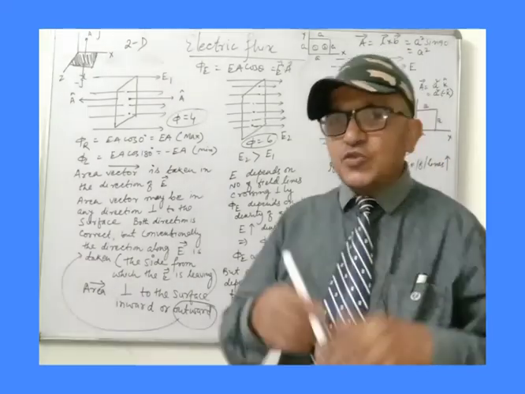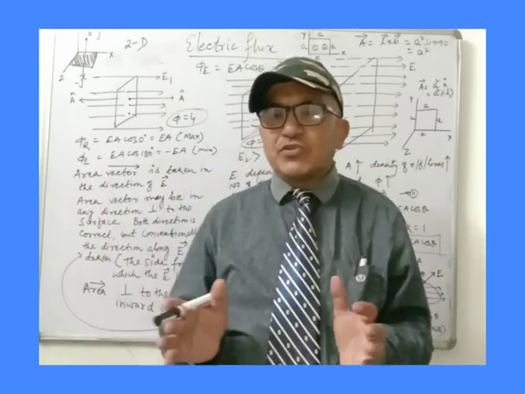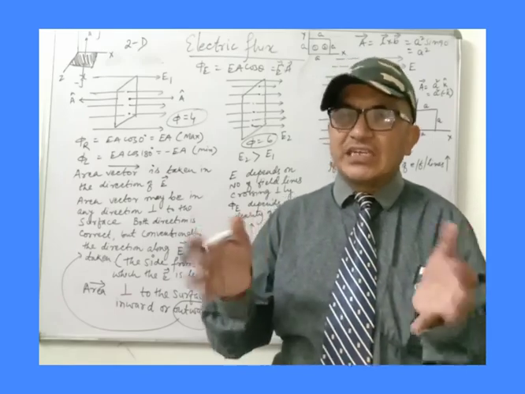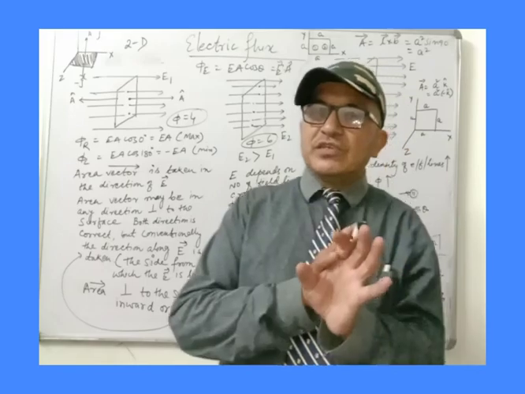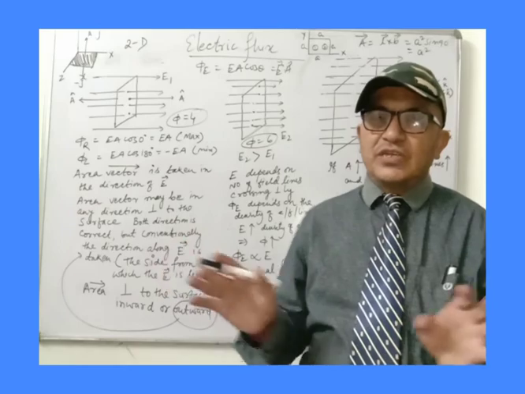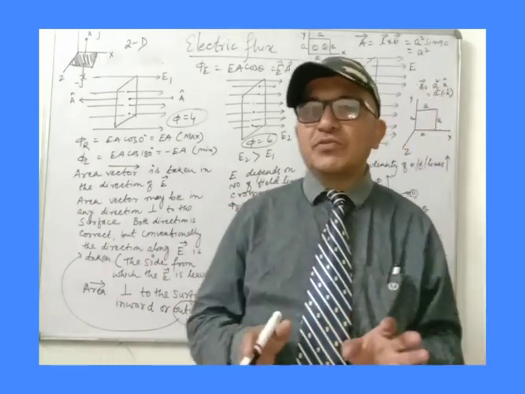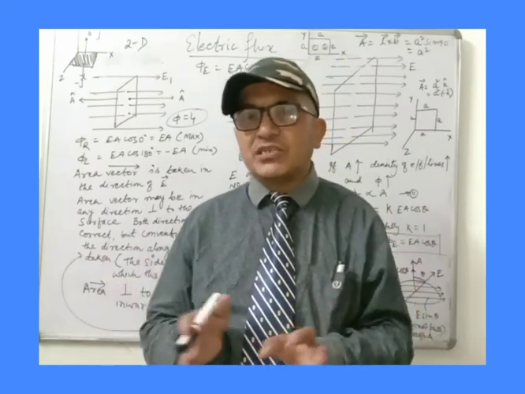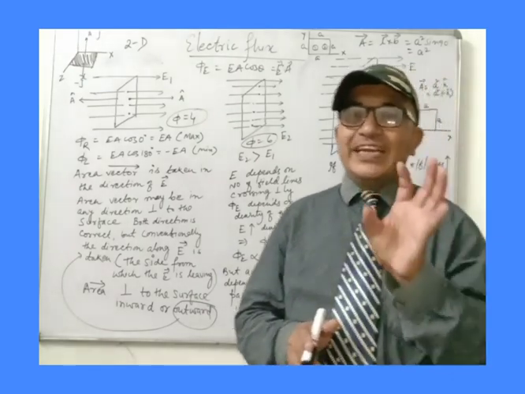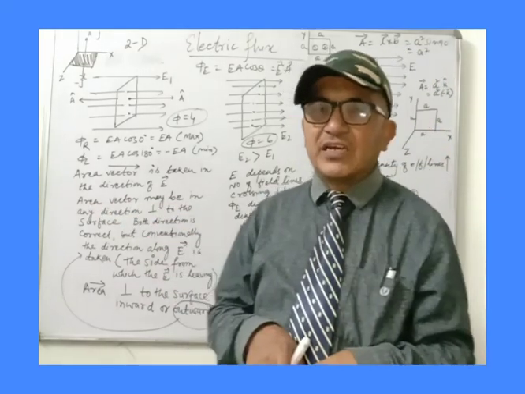To understand electric flux properly, we need to know about two important things: electric field lines, and you can say electric field also, because there is not much difference. When you draw the tangent on the electric field lines at any point, you get the electric field. So we need to know the magnitude and direction of the electric field, and one more thing we need to know is the area of the surface through which the electric field lines are crossing.